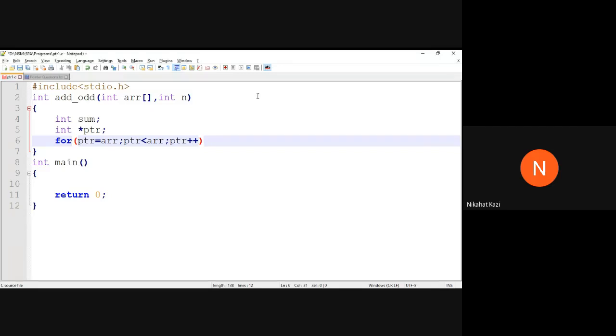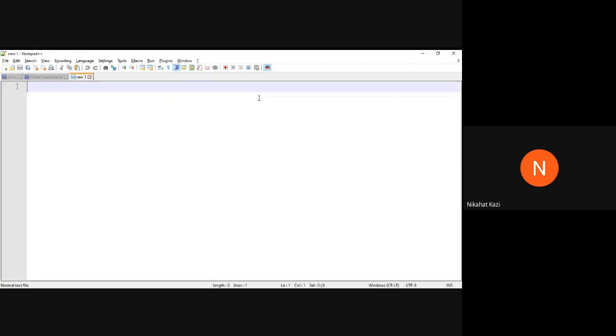What is ARR? When I write this array as it is, it means that it is address of ARR of 0.